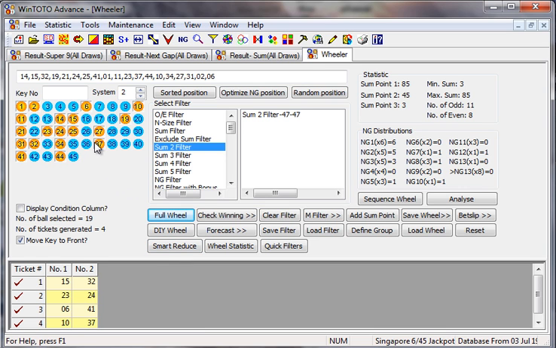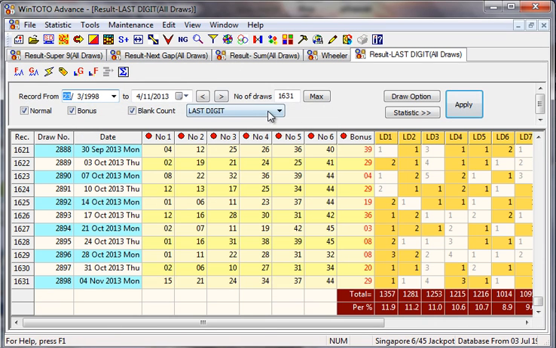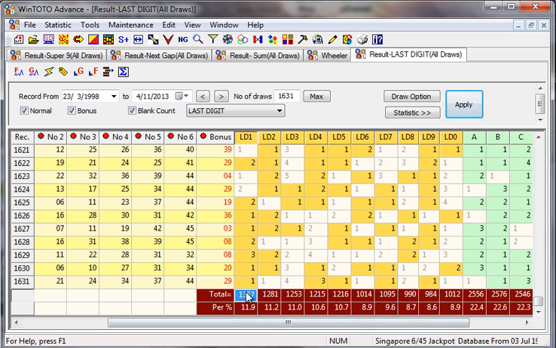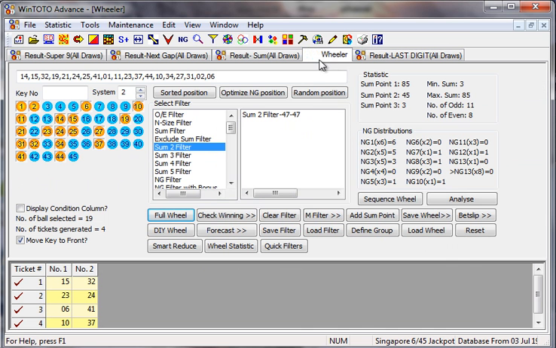Say in my case, I'll add on another few more numbers. I'll add on number 28, because LD8 is one of the very interesting numbers. Let's go back to just now. I forgot to talk about last digit. I could see that LD1 is very important because it's one of the very high frequency, but LD has yet to draw, no show. So in LD8 itself, my picks will be 28 and 38.